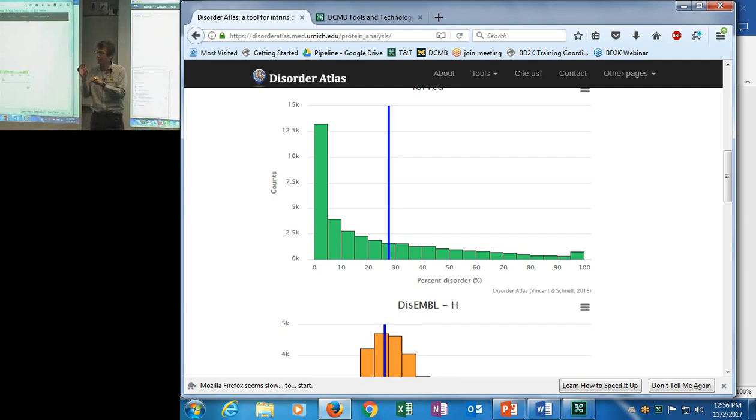There is a Science or Nature article that was published a few years ago on how controversial the definition is, because it lacks physical evidence. You are disordered because, well, we cannot crystallize you. Or you are disordered because we observe multiple configurations. We're not entirely sure if it's the result of flexibility or if in reality you're intrinsically disordered. And that's a challenge with this problem itself. But because the definition is widely used, I go to study sessions and people talk about disorder as if it were something physical that you can touch. And the way they know is that they use these algorithms for doing the predictions.